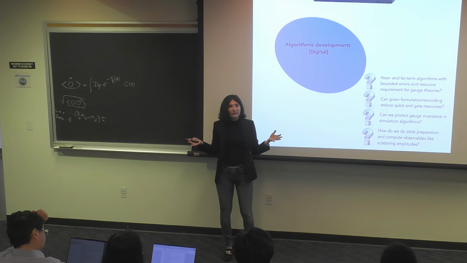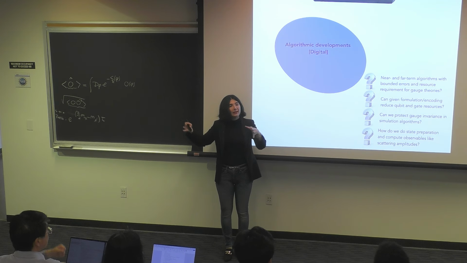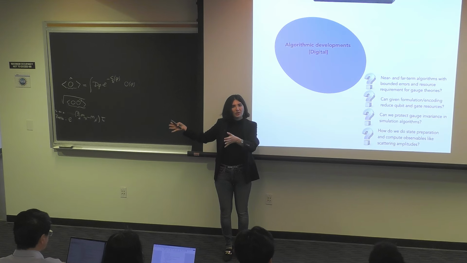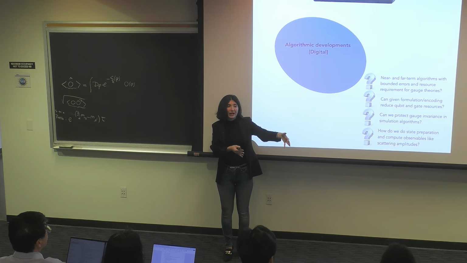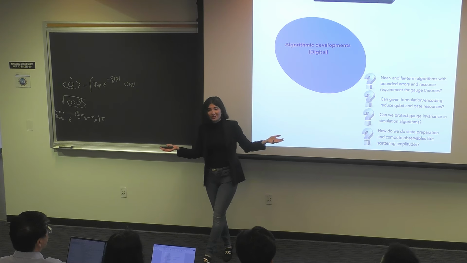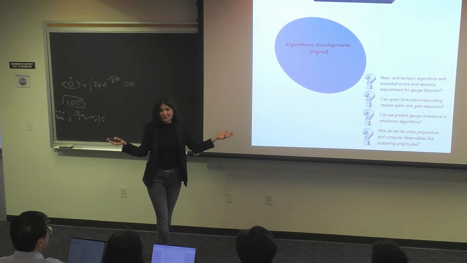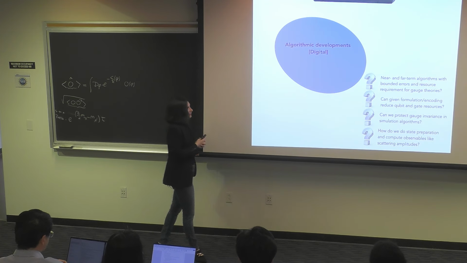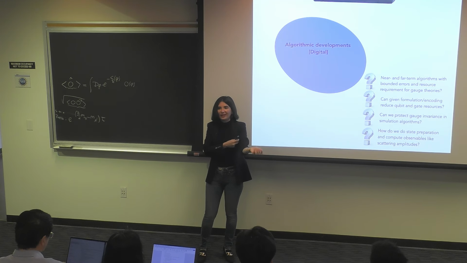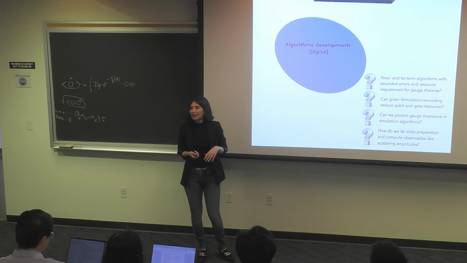Can we protect gauge invariance in our algorithms? One thing is to give me a formulation on a discrete lattice or whatever that preserves the symmetries, but maybe you do something else with it in your algorithm that would break those symmetries. An obvious example is trotterization. Sometimes we trotterize, and because of these anti-commutations, we just kind of break the symmetry, right? So you have to make sure that you understand all those violations and maybe even leverage them as you do